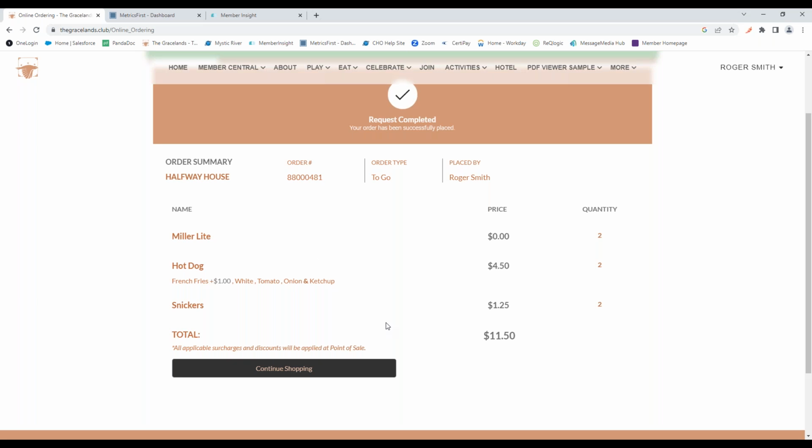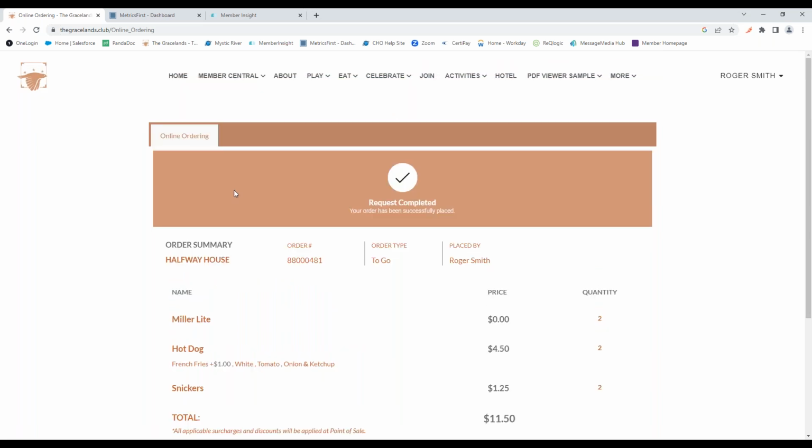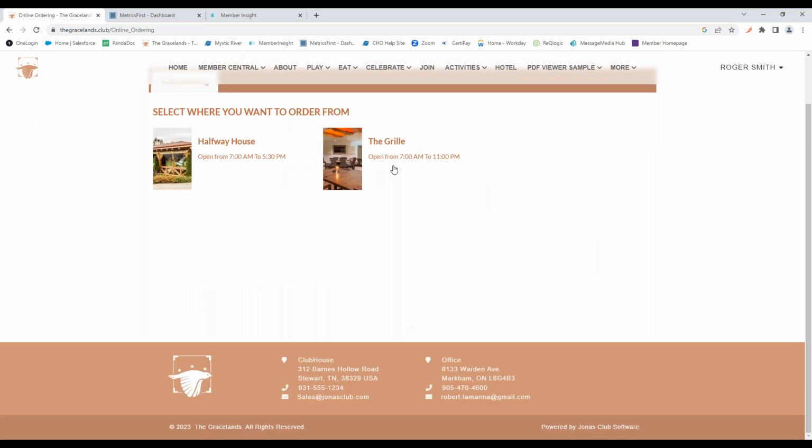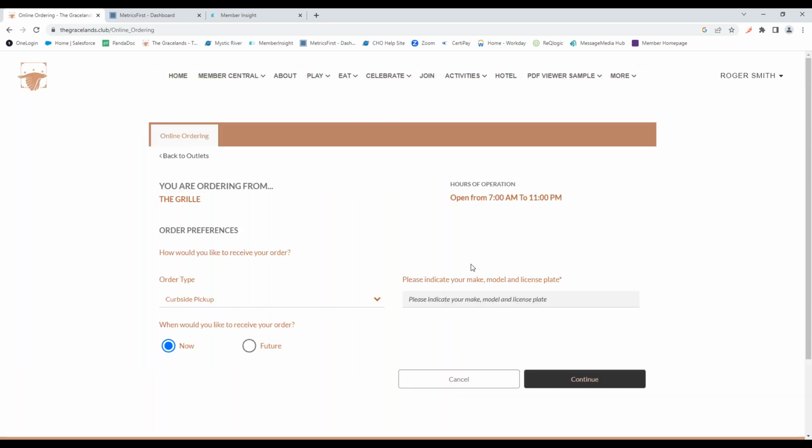And that's going to go ahead and get sent through to the appropriate area. For the halfway house, you can have it set up where it goes to the POS or directly to the kitchen printer. Halfway house is normally just go straight to the printer since it's going to be right away. But you can also have it for areas where within like the grill room, if it's a future order, it can go to the POS system for approval first. And then from there, the employee would go ahead and put that into the kitchen printer for the order.